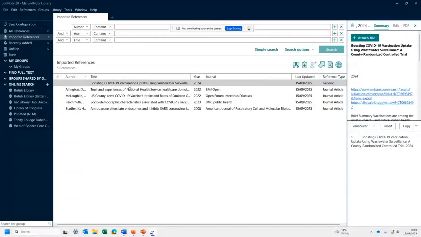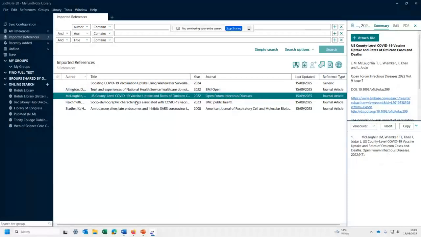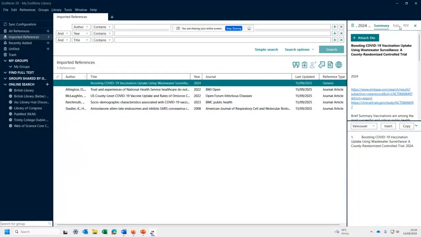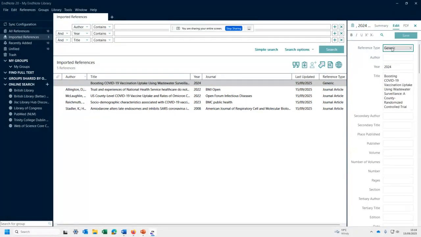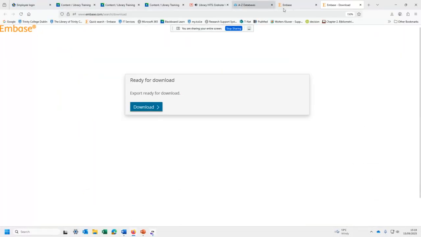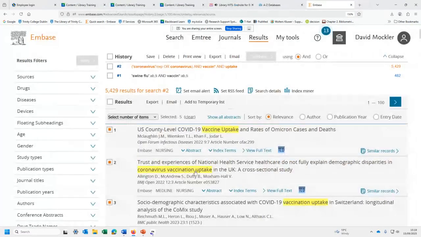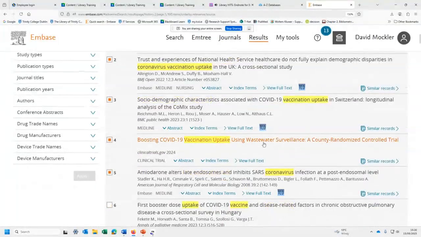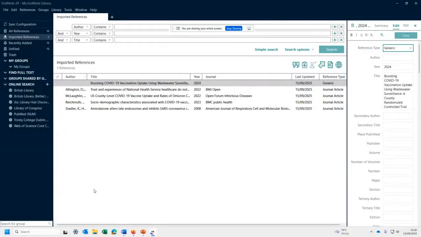And if we go into EndNote, you can see there's the 5 we've brought in from Embase. You notice this first one actually doesn't have any author, so just go into the edit just to see. Okay, it seems to be quite generic, and it's not coming up as a journal either. So I might just go back and have a quick look at that. Okay, so what it is, it's a trial from clinicaltrials.gov. So that's all that's going on there. So it doesn't have that kind of information. Okay, so the other ones actually look fine.